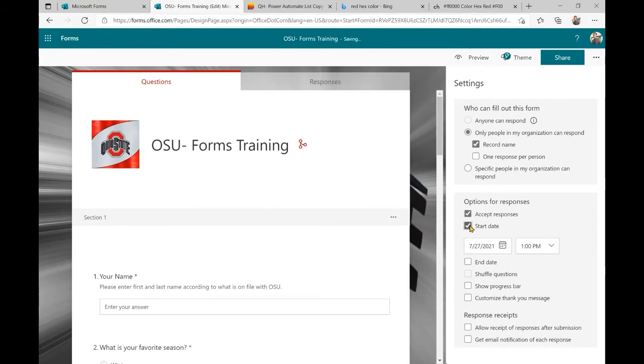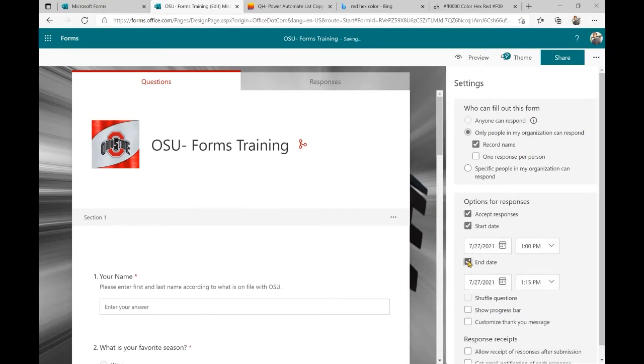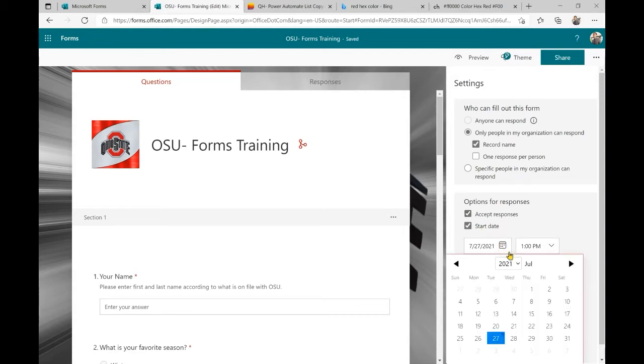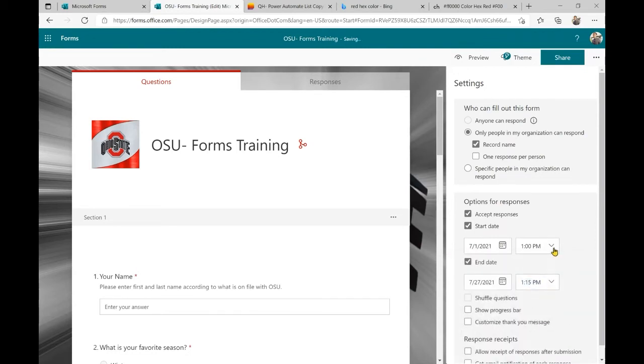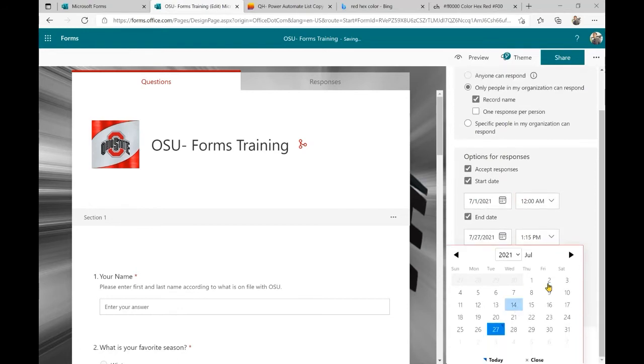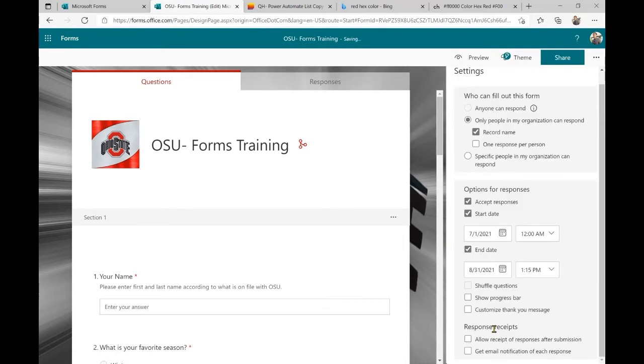However, we can set a start and end date for when we want to automatically stop collecting responses so that we don't have to come in here and remember to uncheck accept responses. So, for example, our quarter started on July 1st. So from July 1st at, say, 12 a.m. and we will stop collecting responses on August 31st.